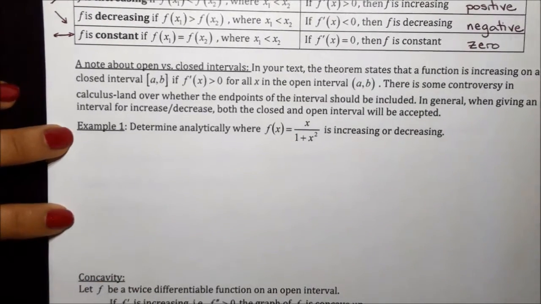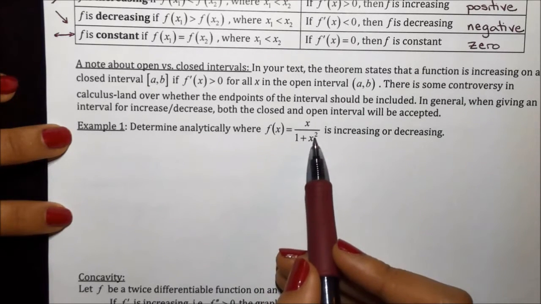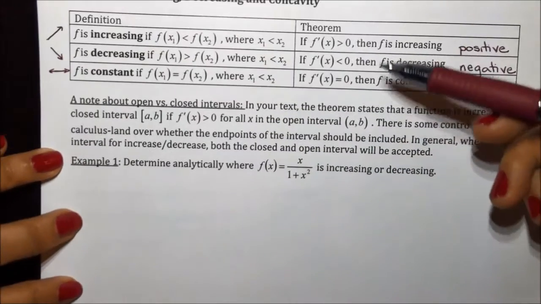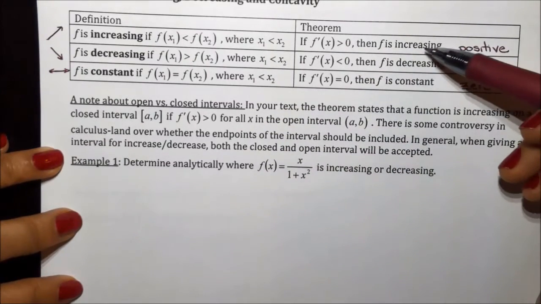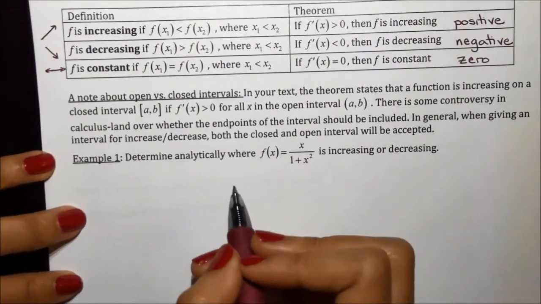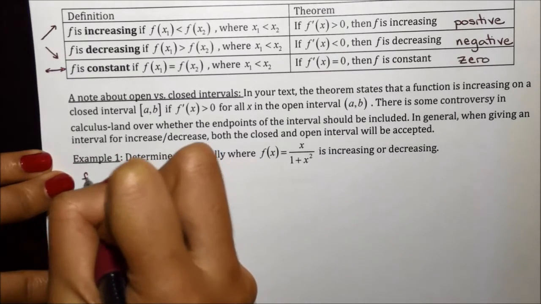It says, determine analytically where f of x equals x over 1 plus x squared is increasing or decreasing. Well, in order to find that out, I need to find out when the first derivative is positive and when the first derivative is negative. First thing I'm going to do is take the derivative of this function. So f prime of x